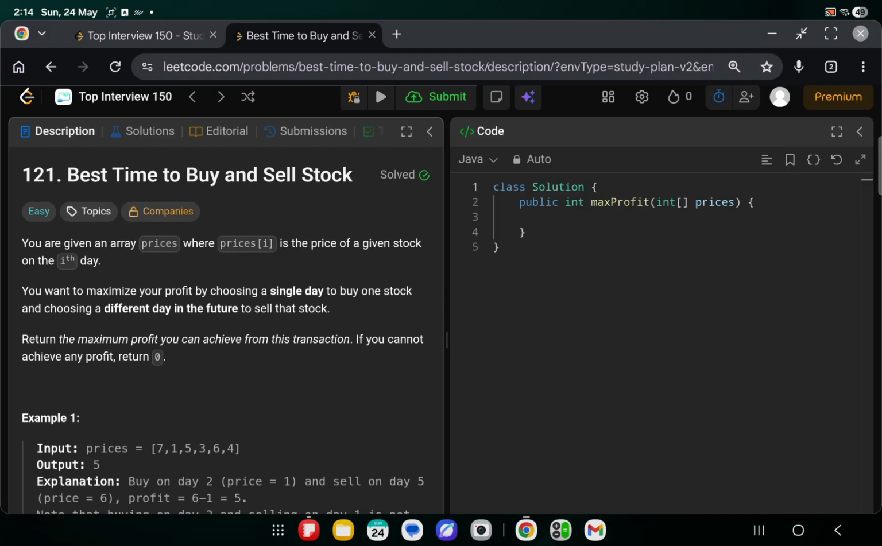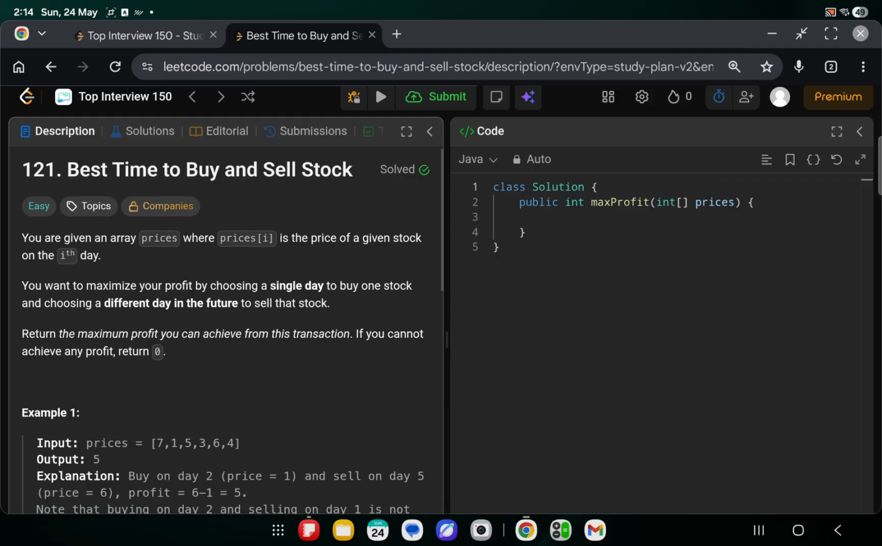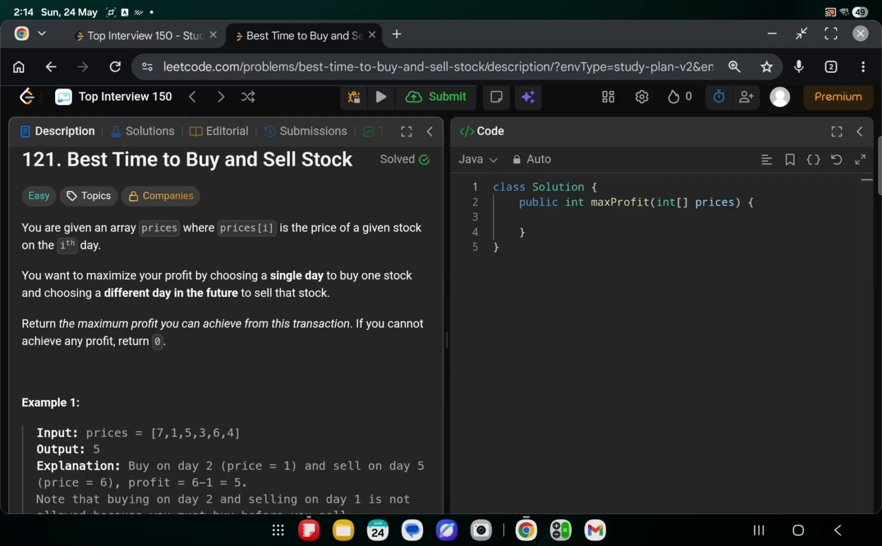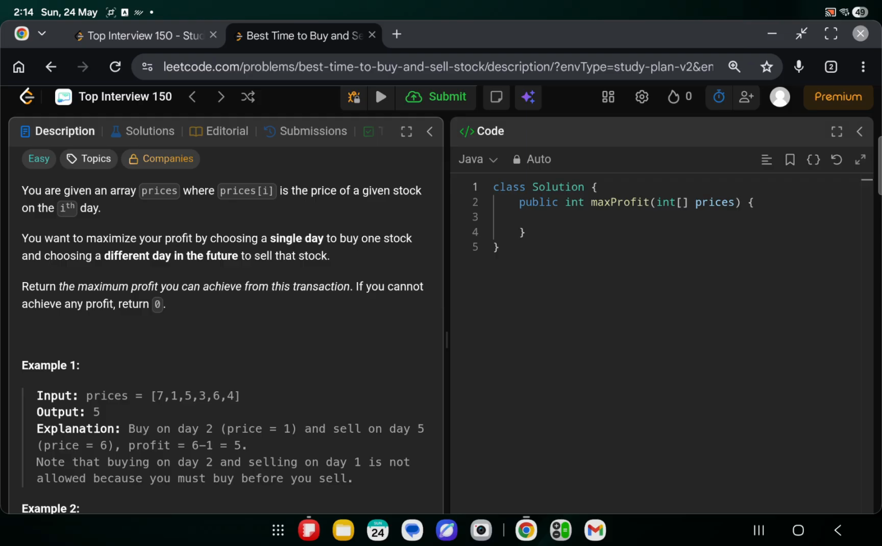So the problem statement says that we are given an array of prices where the price at a particular index is depicted by the ith index of that day. So the price given at a particular index is the price for that particular day, and we can buy a stock on any of those days. We can buy a stock on any single day, but for selling the stock we should be selling the stock